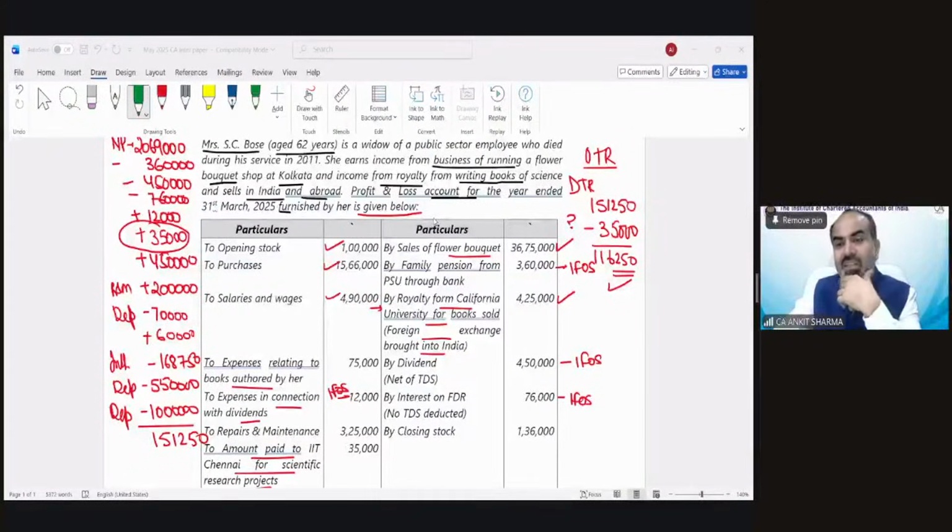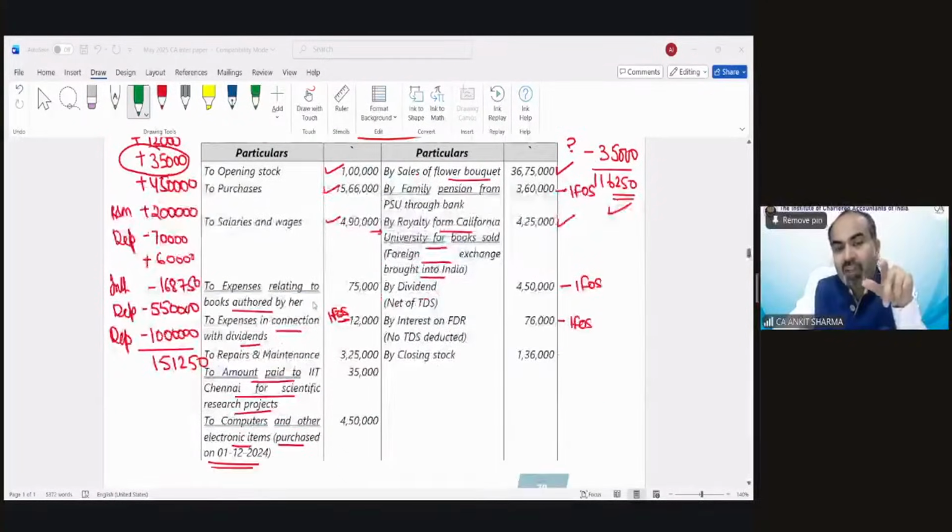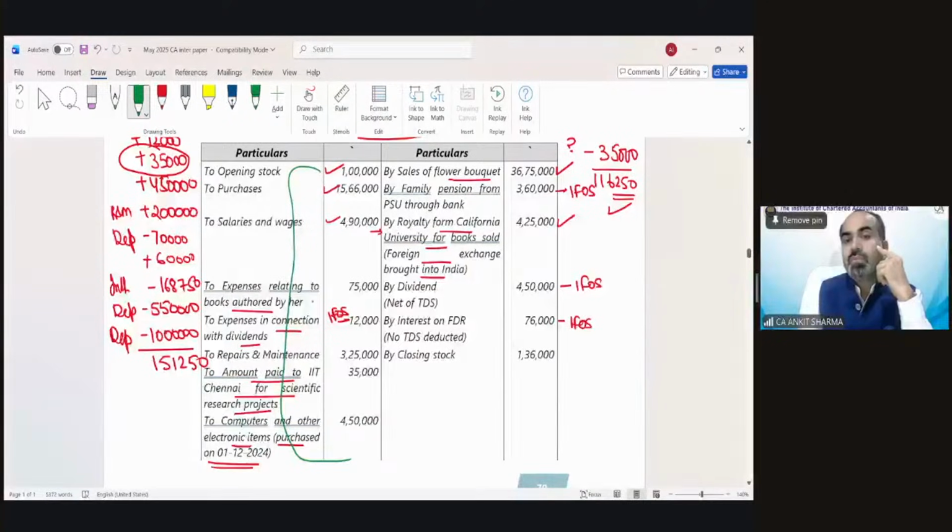Mr. Nagaraj is asking, sir, why not add vehicle 25 lakh? Good question, because this vehicle value has not been mentioned in the PGBP anywhere. That is additional information. That means if this vehicle value had been added over here, suppose 25 lakh, then I would add it back. But they have just informed you that we have also purchased an electric vehicle, and that has not been claimed as a deduction under PGBP yet. So we are only considering its depreciation.